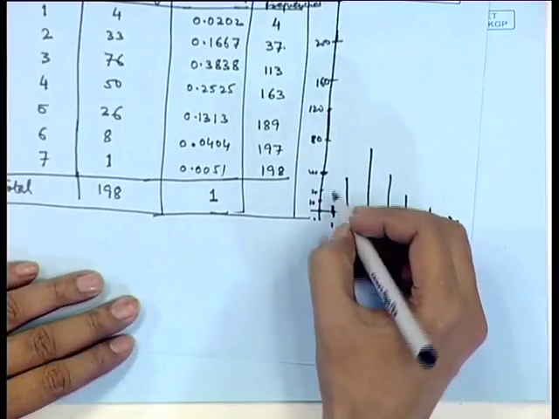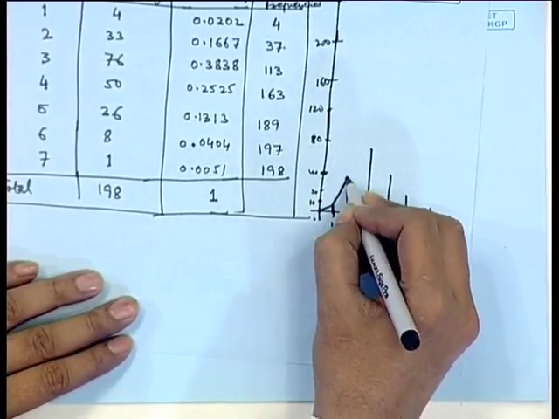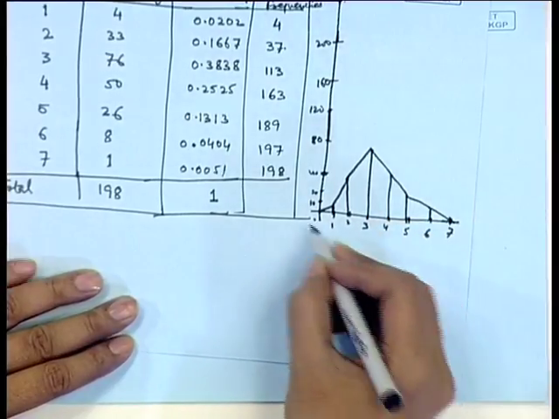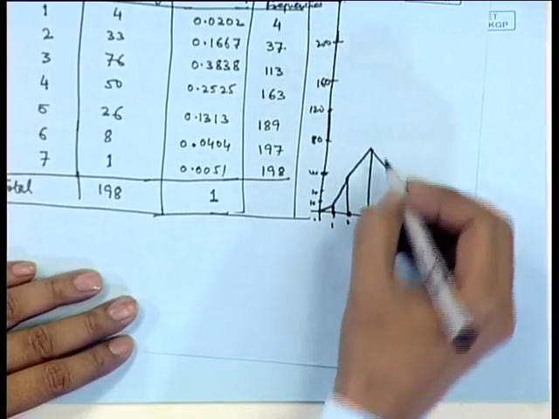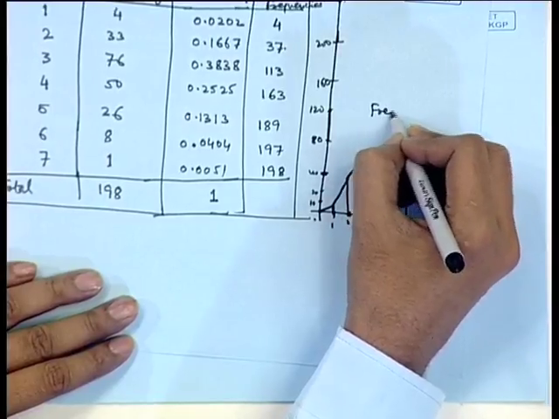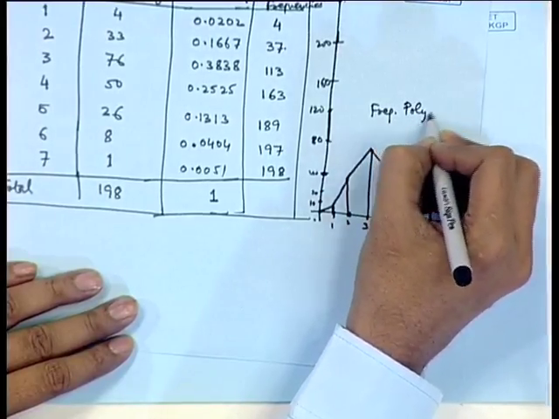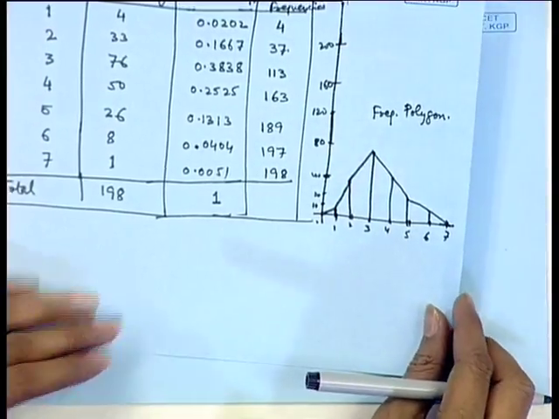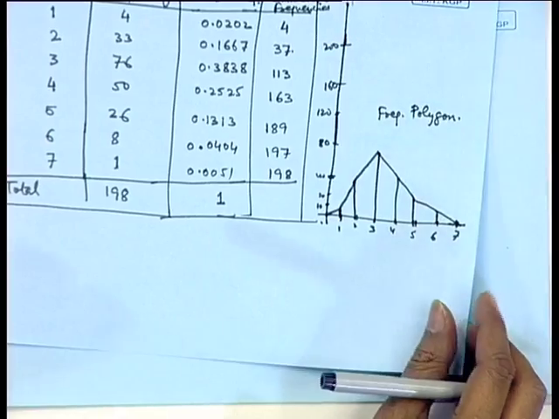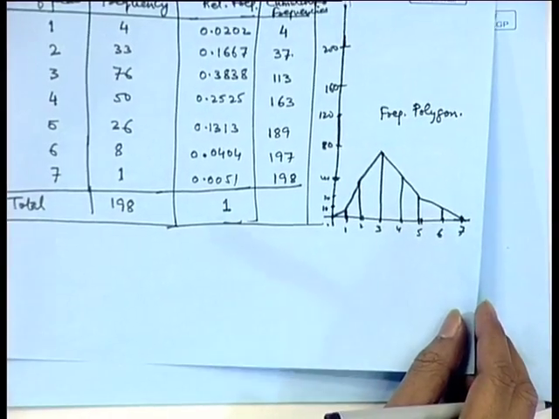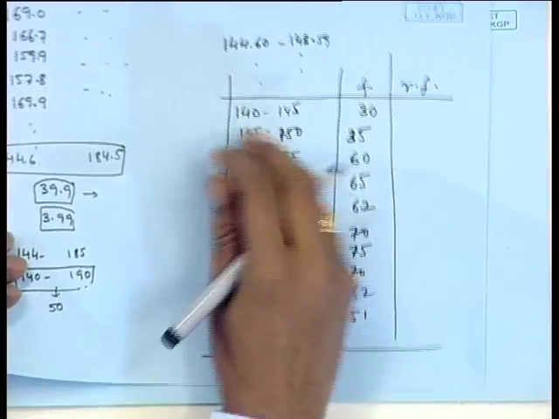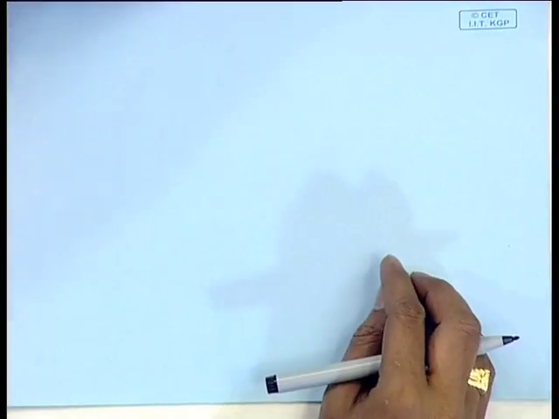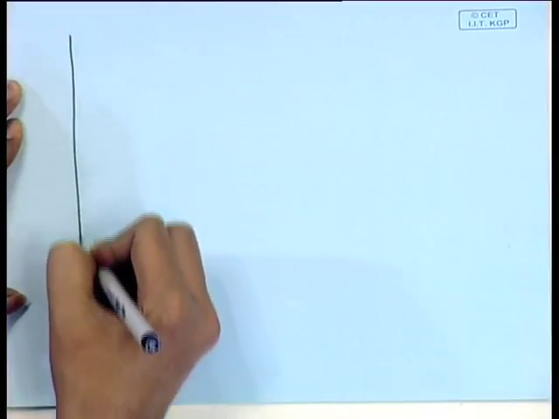One may join these values. This tells us about the shape of the curve and this is known as frequency polygon. However, if one has classified data of a continuous variable, it is more appropriate to draw a histogram. So, for this data one may consider,